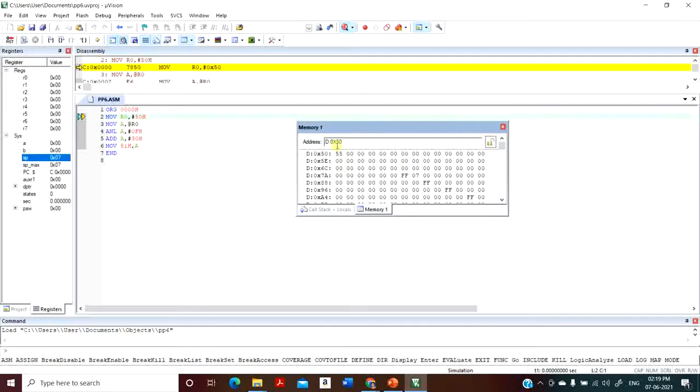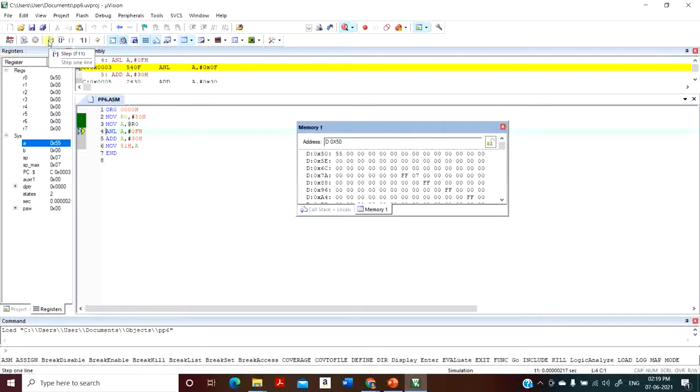Now this is an 8-bit number, but it is greater than 09. So now when I do step-by-step execution, you can see R0 is assigned with 50H, that is the memory address. Then the accumulator is now having the content 55.